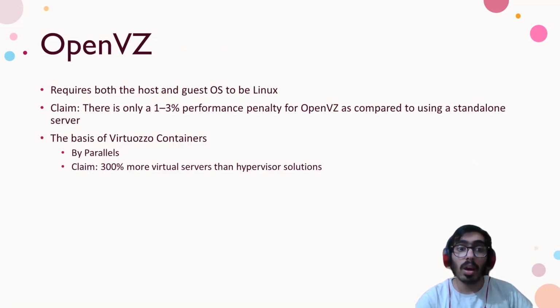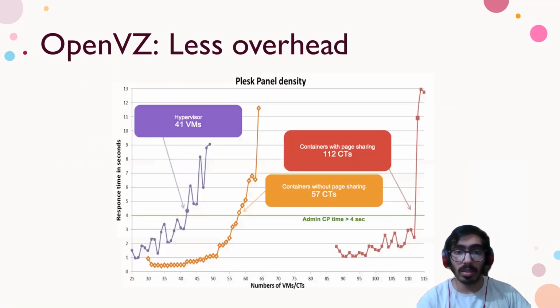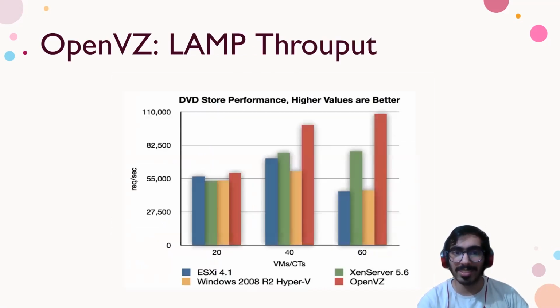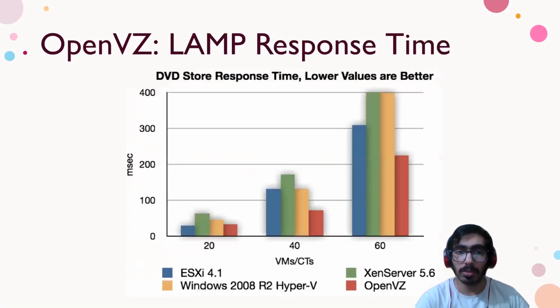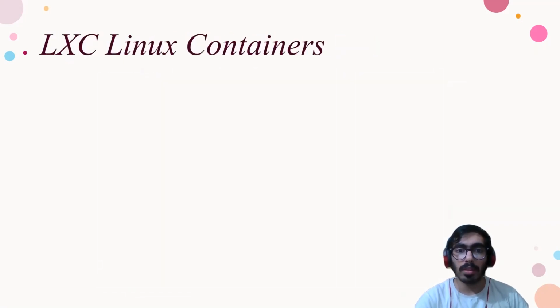Now, the other one is OpenVZ. It only uses 1 to 2% of your Linux performance, so you basically get 100% of the performance. As you can see from the chart, the hypervisor has almost 300 times the performance difference. And this is on a LAMP server, with Apache running, and these are the tests. As you can see, OpenVZ performs the best. Why? Because it uses containerization practices, but it's something that's built into the Solaris operating system. And this is just how it works.